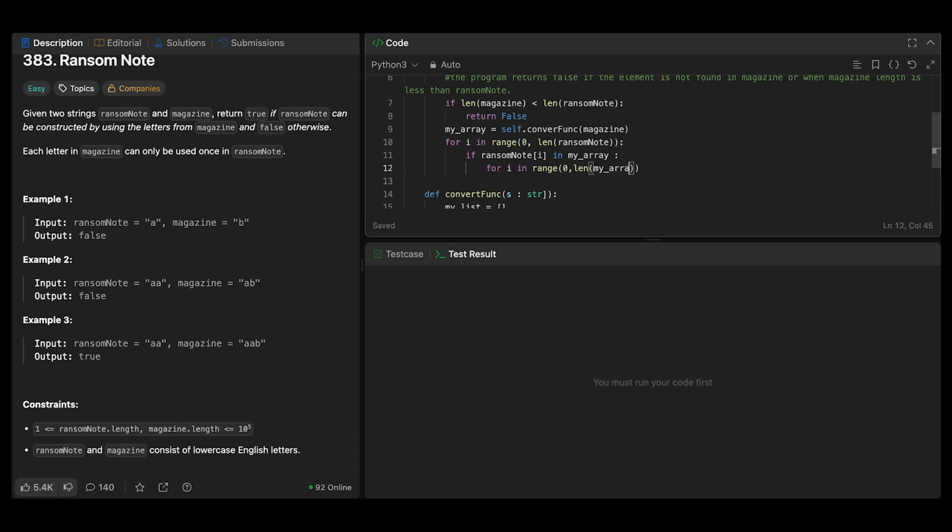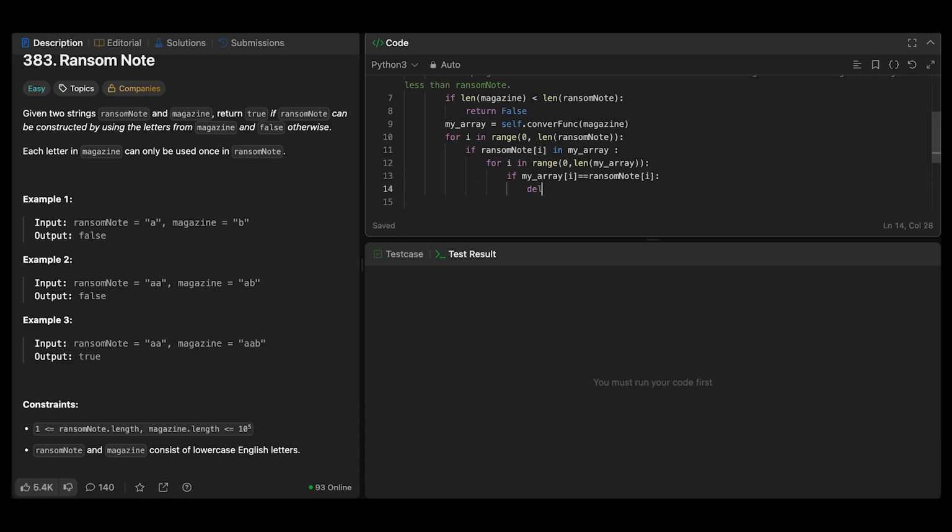Again, it's going to give you n square complexity in this program due to this step, but I don't see anything else right now. So if it's in this range, if my underscore array I is equal to ransom note I, we're going to delete